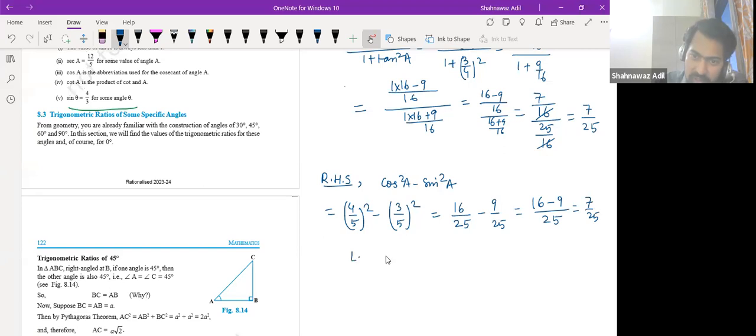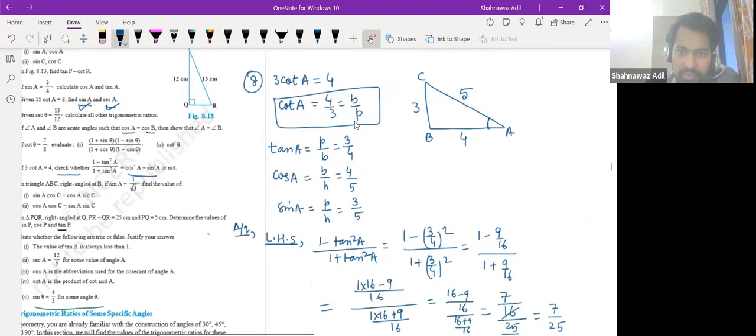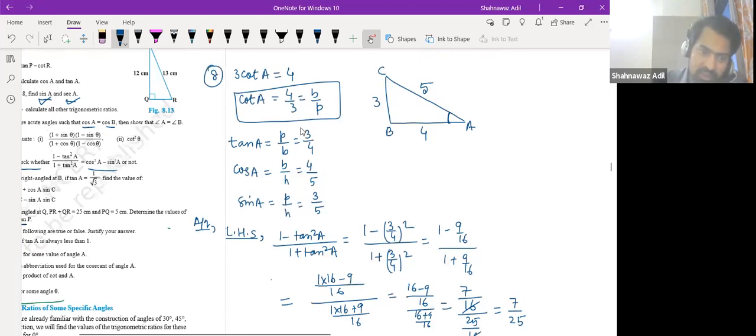So we can say that therefore 1 minus tan square A divided by 1 plus tan square A is cos square A minus sine square A. We have proved this. Is this clear to you, Rifa? Yes, is this clear? Yes. Please note it down and then